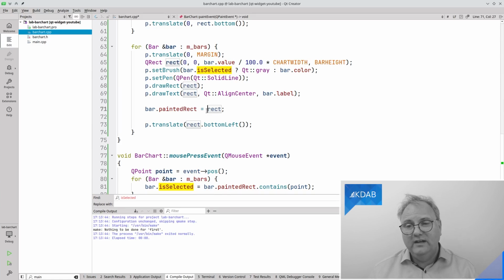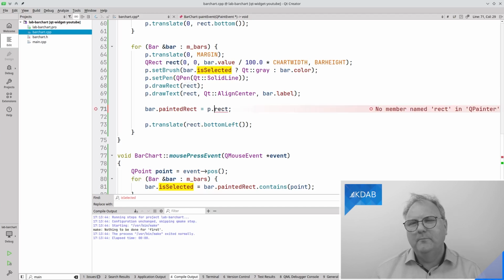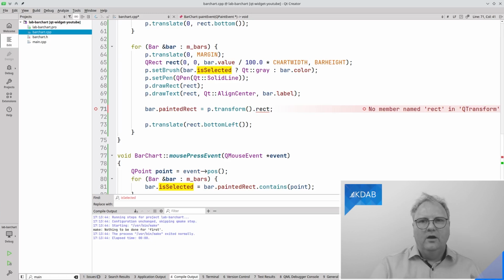So what I really need to do is now go from the coordinate system that has been translated into the coordinate system of the widget. And that's where I can get to that. Remember, we talked about transformations, and there was this transform matrix, and now I have a QTransform that represents the transformation going from the coordinate system of the widget out into this.